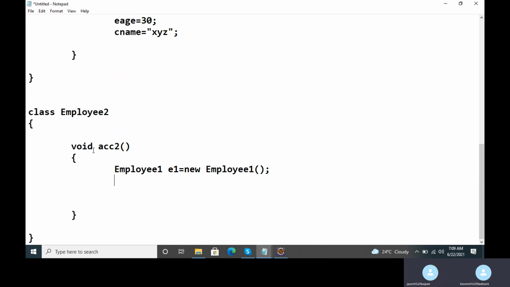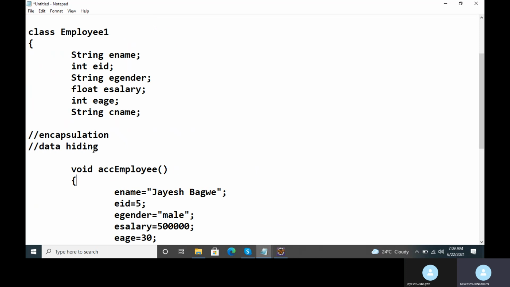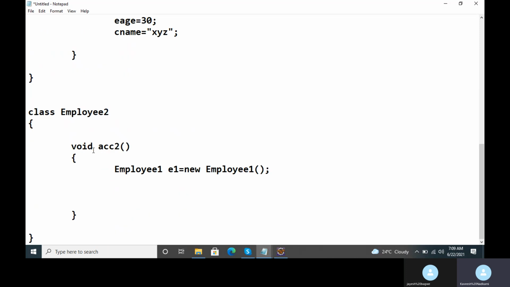But I should be able to indirectly access the data members for E1. So how will I indirectly access the data members for E1? By writing E1 dot accept employee, that is, by calling the accept employee member function for class employee1 on E1 object.